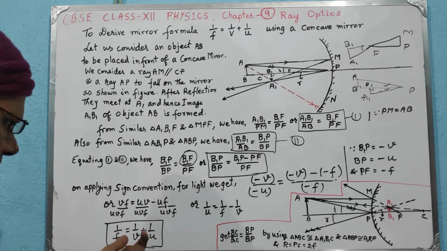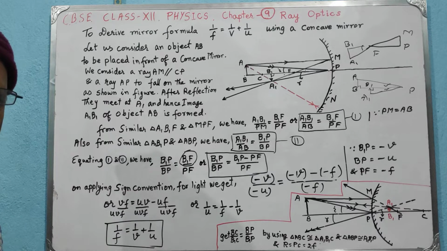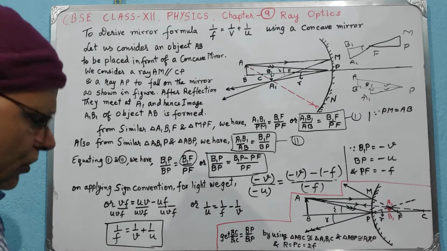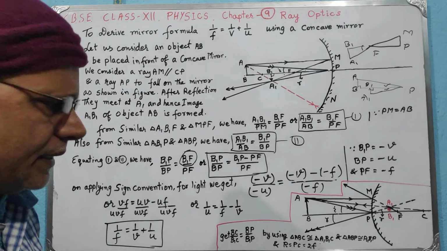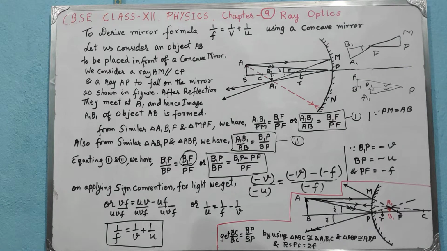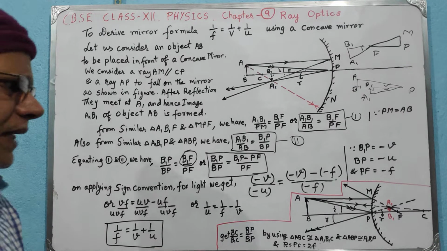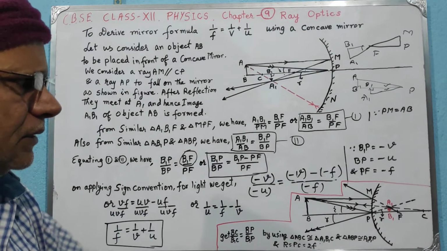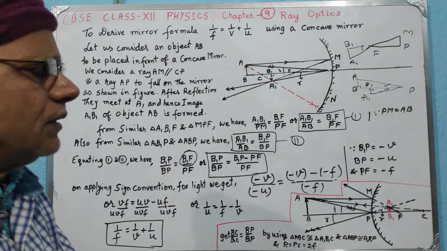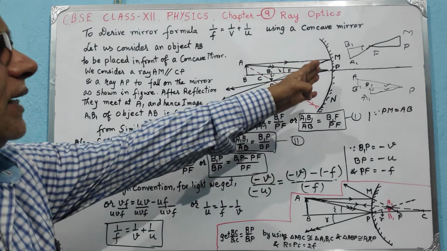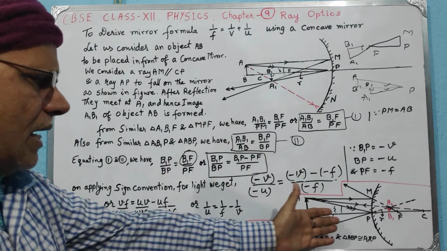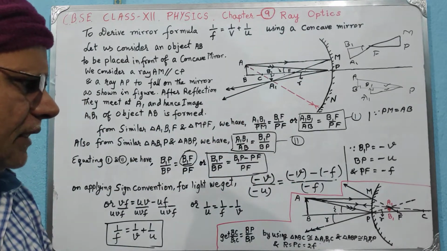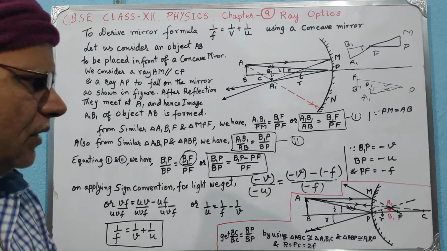Well, students, whenever you apply this formula, you have to feed the values of these factors, whichever are known to you, according to the sign conventions. You must remember it. Sometimes it happens that you might be asked to prove this relation using a convex mirror instead of a concave mirror. Well, I have given you the ray diagram which you have to adopt,